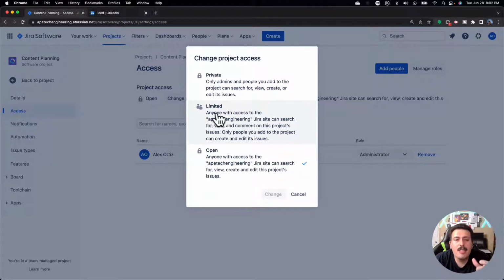And so limited is going to say anyone with access can search for and view and comment in the project. So they'll be able to see the project and they'll be able to see the issues within it. And they can even write comments into the issues, but they won't be able to create or edit issues unless you do the next part, which is adding folks to the project. So this is better. It's not great, but this basically makes it so that, again, anybody within your organization can see the project,